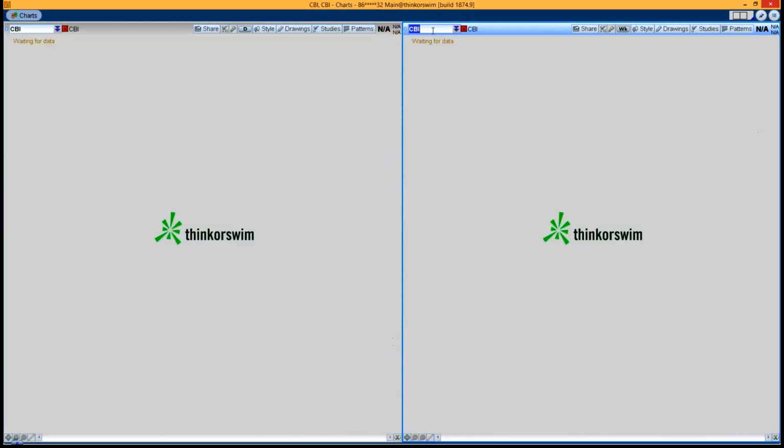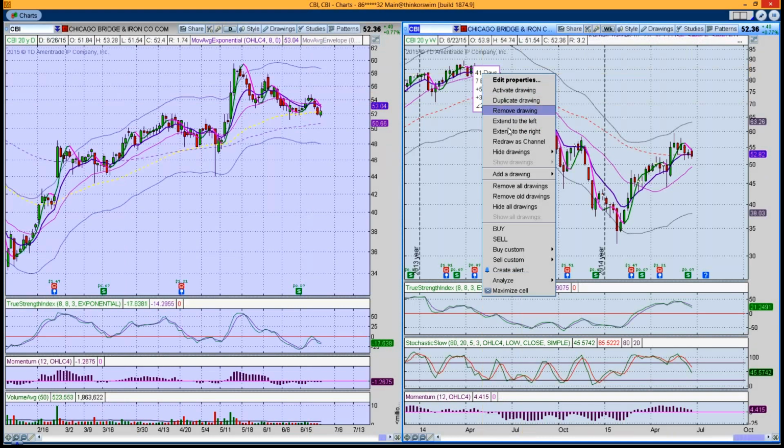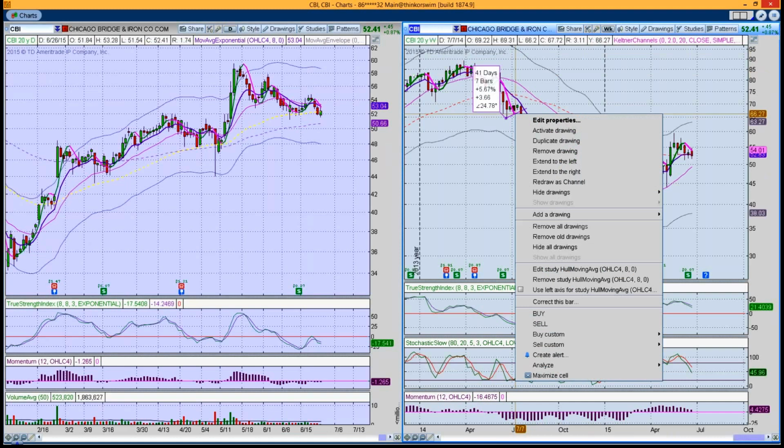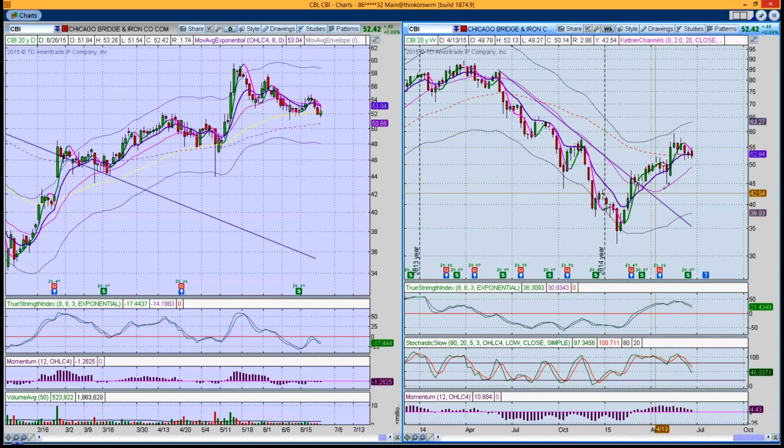CBI, Chicago Bridge and Iron. Again, it too has been in a downtrend. We can define there, but it broke out of it. This is one of those situations where it broke out of the downtrend and now has reversed itself, coming down to make a potential higher